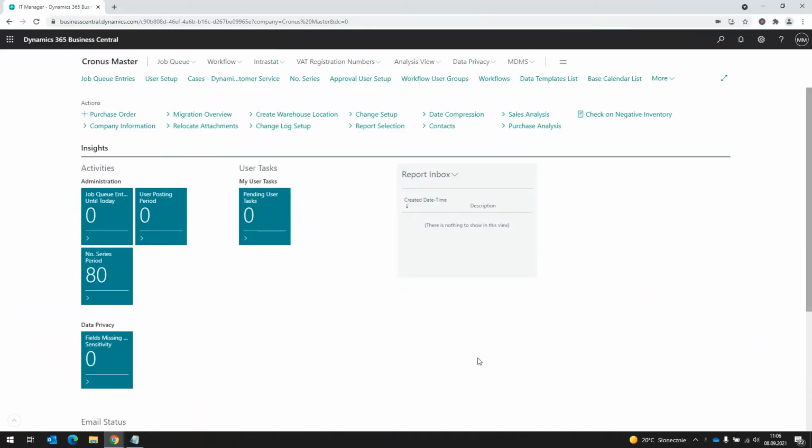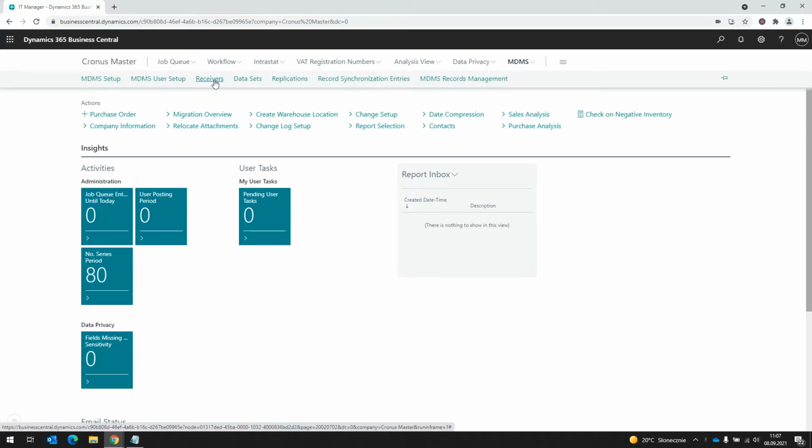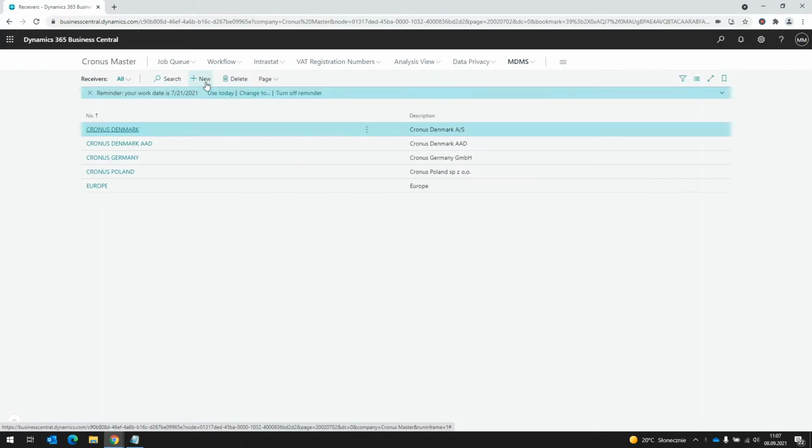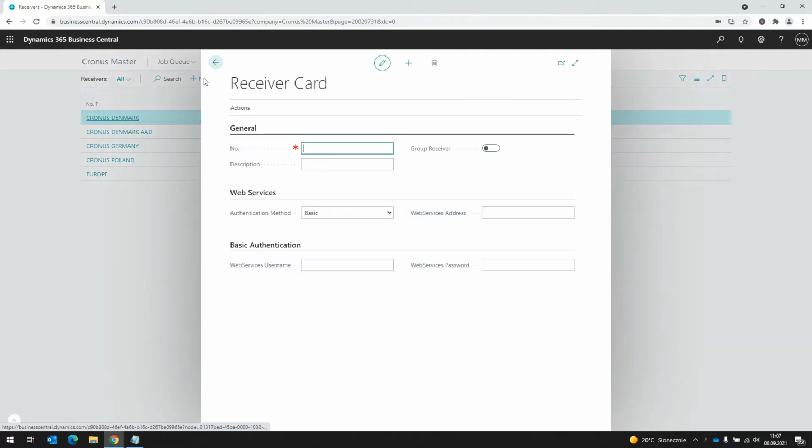Hello, in this video I would like to show you how to set up receivers. Receivers represent the companies, so here is the place where we define to whom we would like to replicate data. I am going on the ribbon to MDMS and then the Receivers page, and I will create a new one. The primary key here is the number, so normally it's a company name, so Cronus UK,